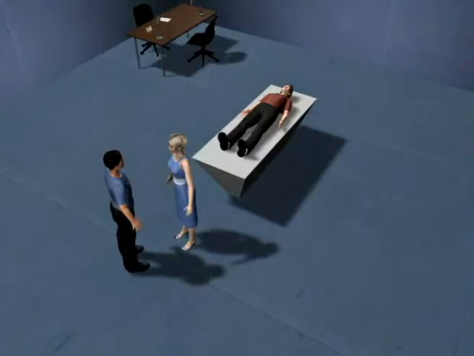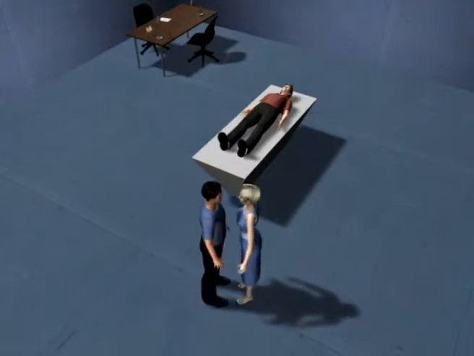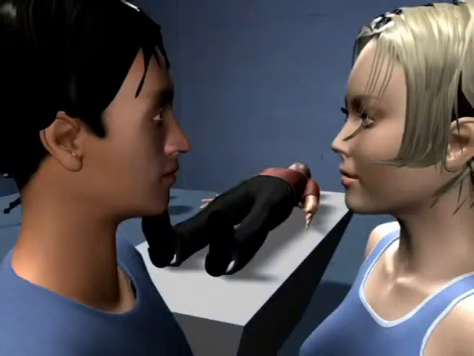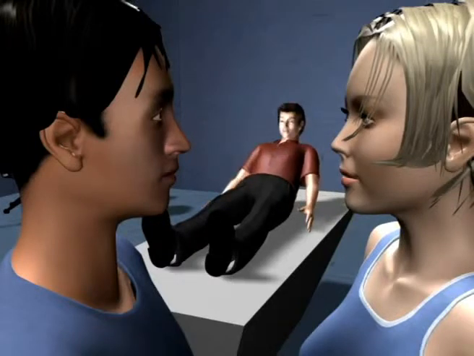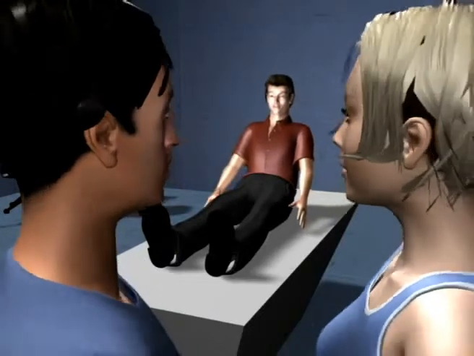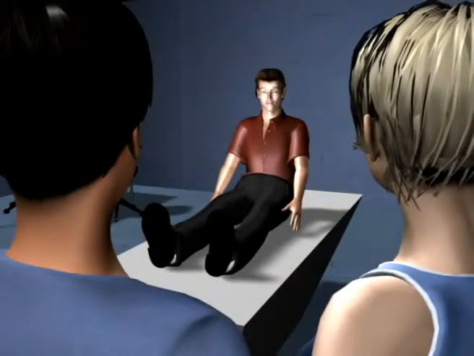Here, 2 doctors are talking about a patient in a coma. So an obvious choice is to bring the doctors over here and shoot it as 2 layers. As the doctors talk about whether or not to pull the plug, notice again how the eyes read the frame. This is extremely effective, and with just 2 layers, the shot is more than twice as compelling. Even more so as the man suddenly lifts his head. He sits up, and our attention is torn between the layers, until the doctors finally see him moving and turn in amazement, after which most of the attention is on the back layer. In the meanwhile, we've completely forgotten to edit.